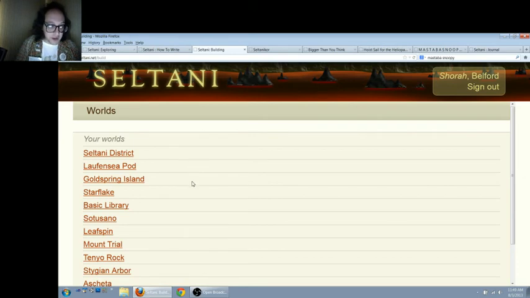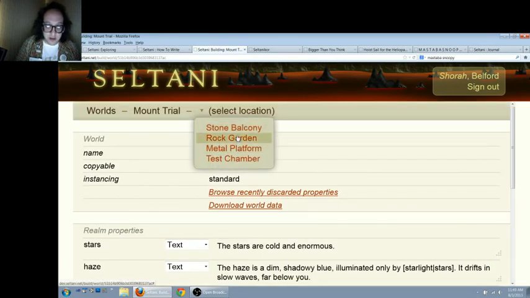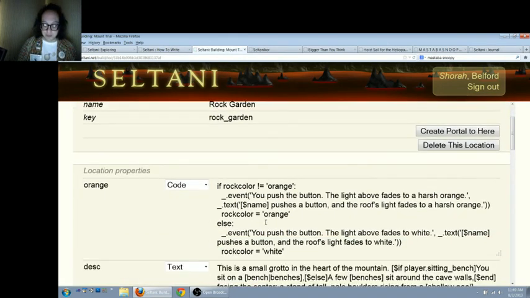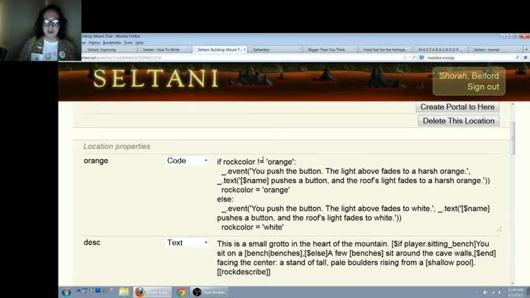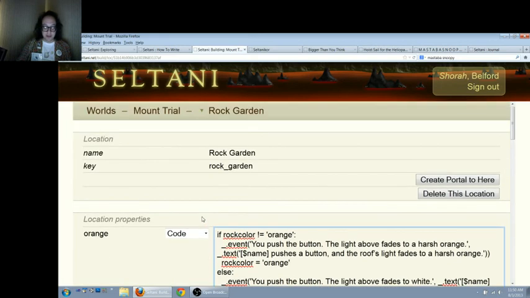So here's all the stuff. I didn't show you Mount Trial, but it was an early test with a water garden style, like rocks and 3 lights. So you go down here. This is a button, and it looks like a button. It checks to see what the current color is. If the current color is not orange, it changes the color to orange. It pops out a string of text to everybody in the room that says that the light has changed color, and changes the color variable to orange. And then the room description